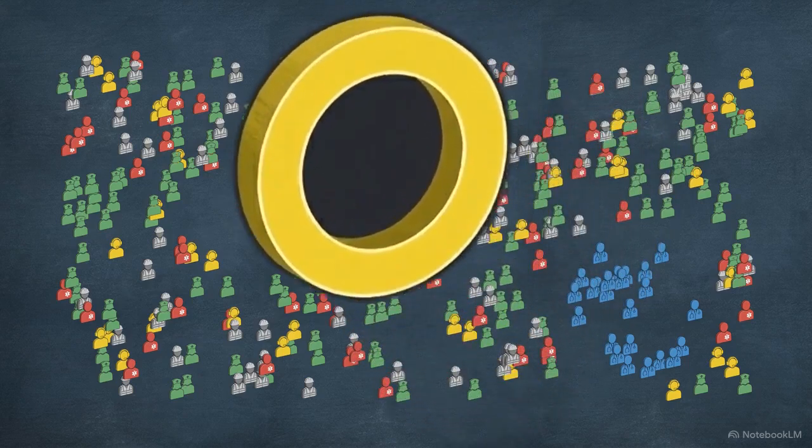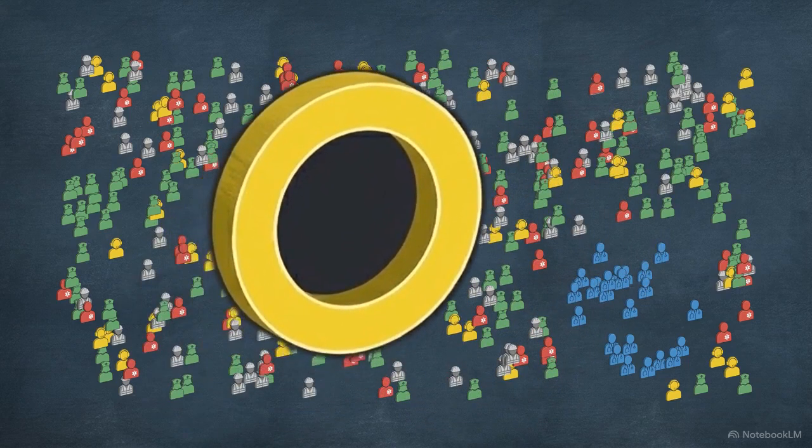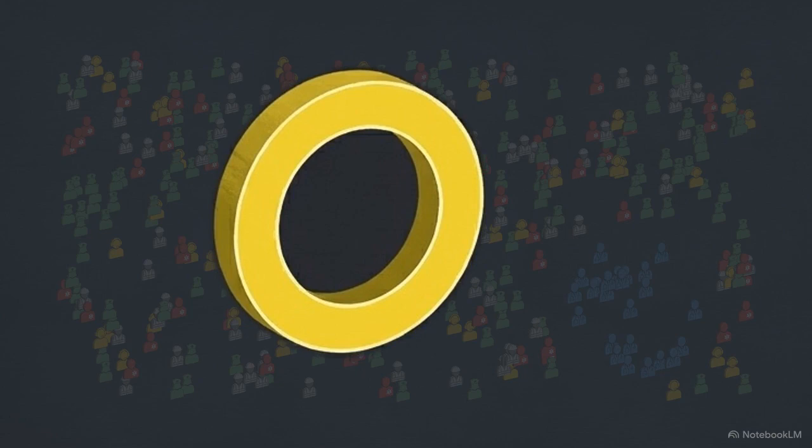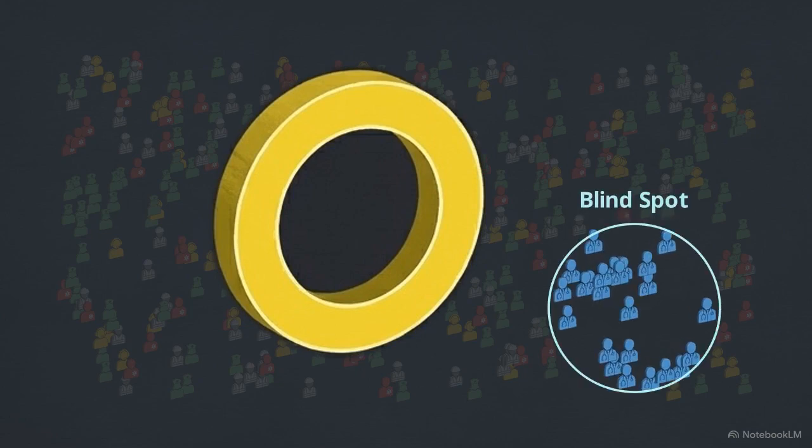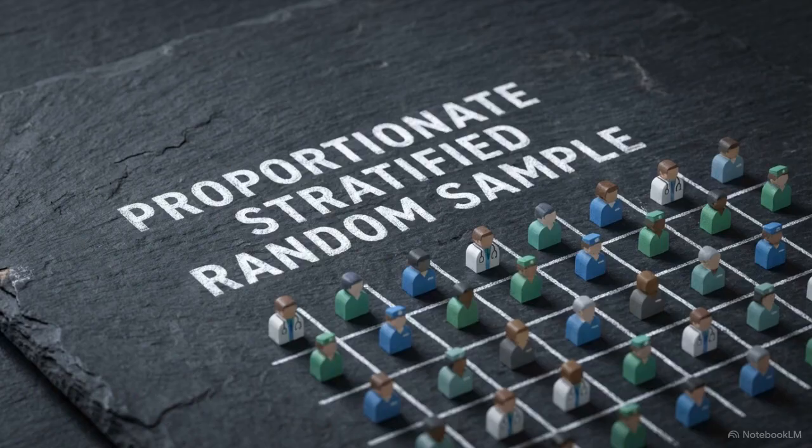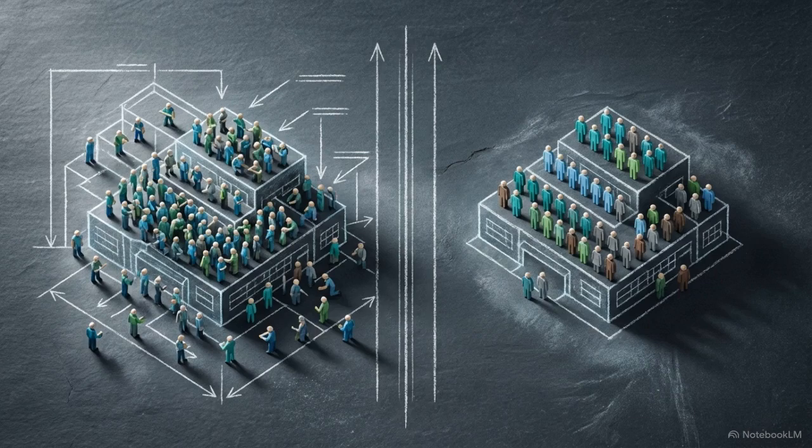Drawing 75 people at random might accidentally exclude an entire critical profession, like the doctors, leaving your study with a massive blind spot. The mathematical solution to this is the Proportionate Stratified random sample. By mastering this method, you can create a plan that mirrors the hospital's exact demographics, ensuring no group is overlooked